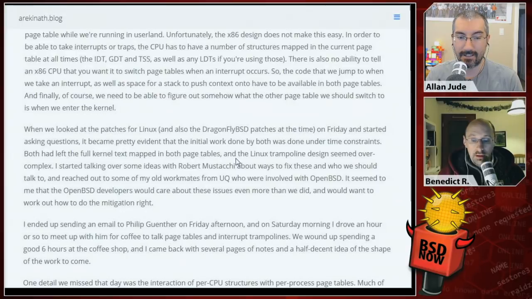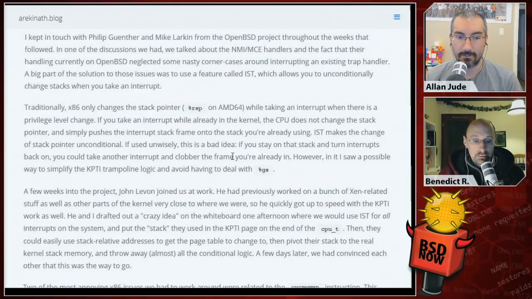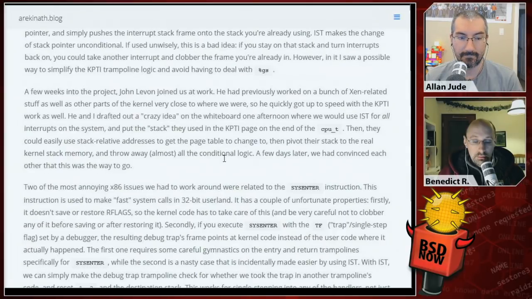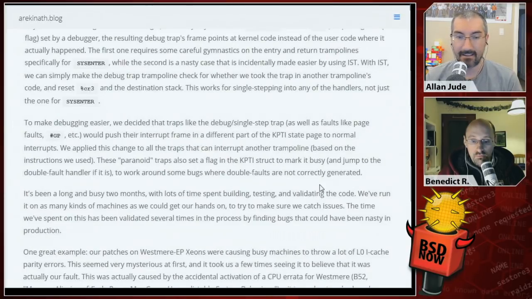Their patches, when run on a Westmere EP Xeon, which I think I have a bunch of, were causing busy machines to throw a lot of level 0 instruction cache parity errors. This seemed very mysterious at first, and it took us a few times seeing it to believe that it was actually their fault. And this was actually caused by the CPU accidentally activating an erratum for the Westmere, number B52: memory aliasing of code pages may cause unpredictable system behavior. As it turned out,